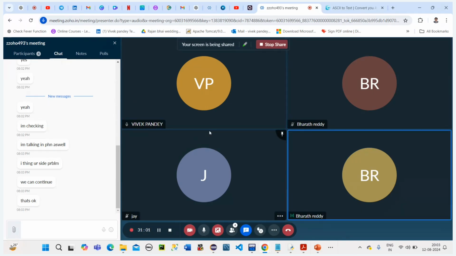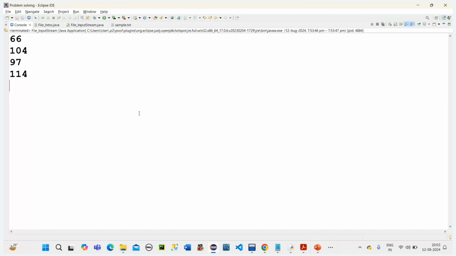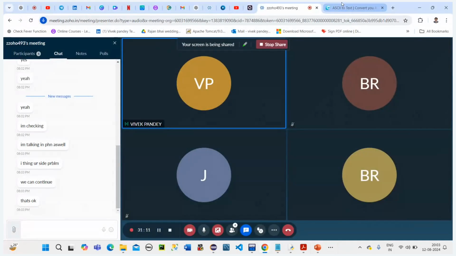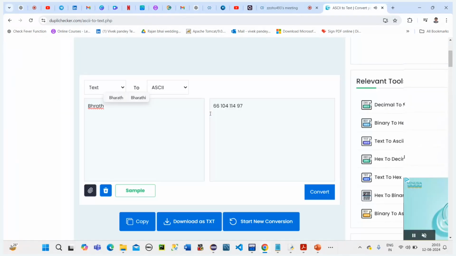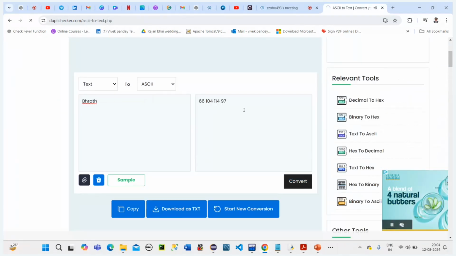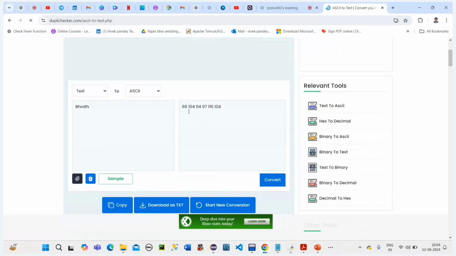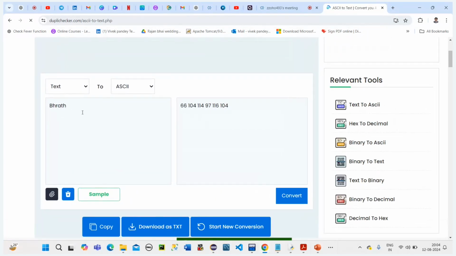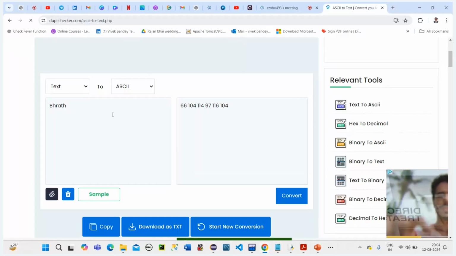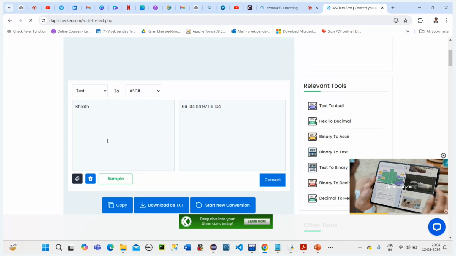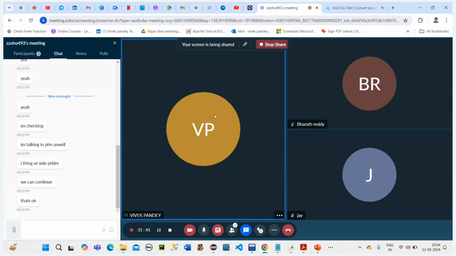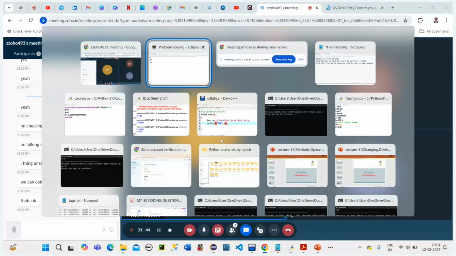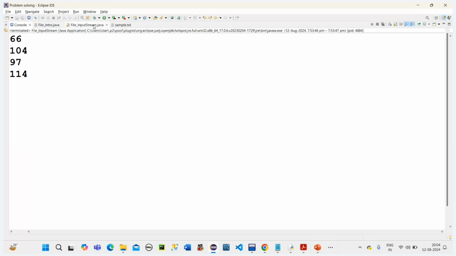Okay, fine. So it is taking ASCII characters here. See here, 66, 104. These all are ASCII values. If I'm writing Bharat, it's giving me all these numbers. Bharat is 1, 2, 3, 4, 5, 6, six characters. So these all are ASCII values. Here also, if I'm writing your name, input stream,